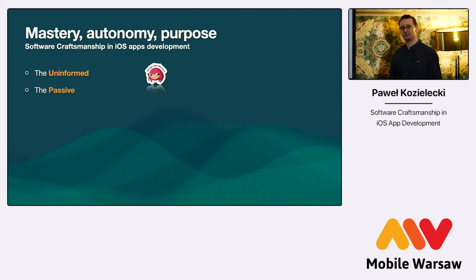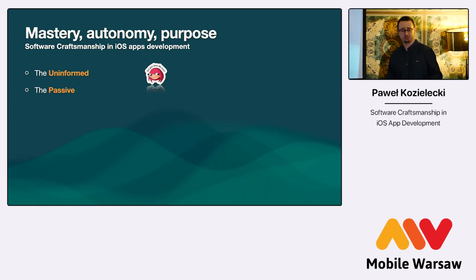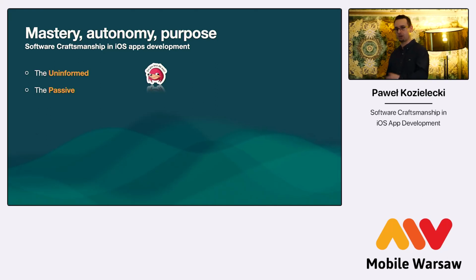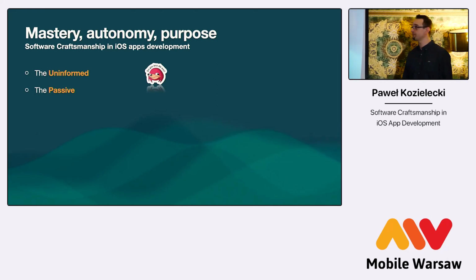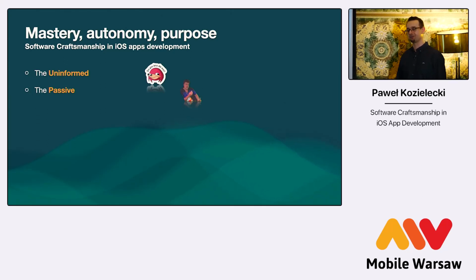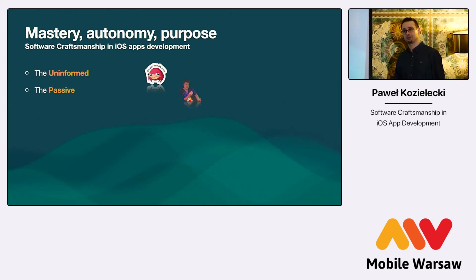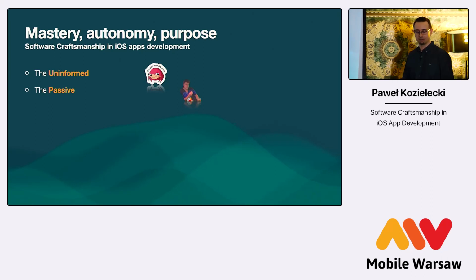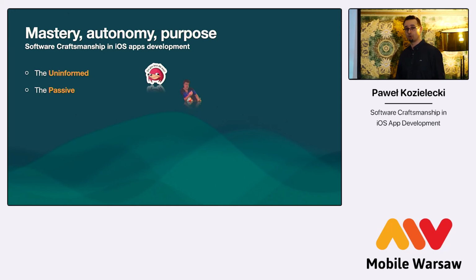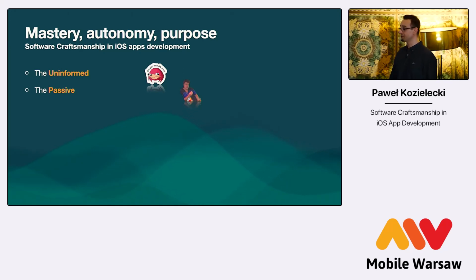Next, we have the passive. These are people who feel like something is wrong. Maybe they know they should be doing things differently, but they don't feel empowered enough to actually drive the change themselves. And with them, I would advise taking responsibility. So take the driving wheel, say, look guys, let's do it. Let's take a look. Let's see how it goes. I take full responsibility. You won't be harmed. No worries, right?